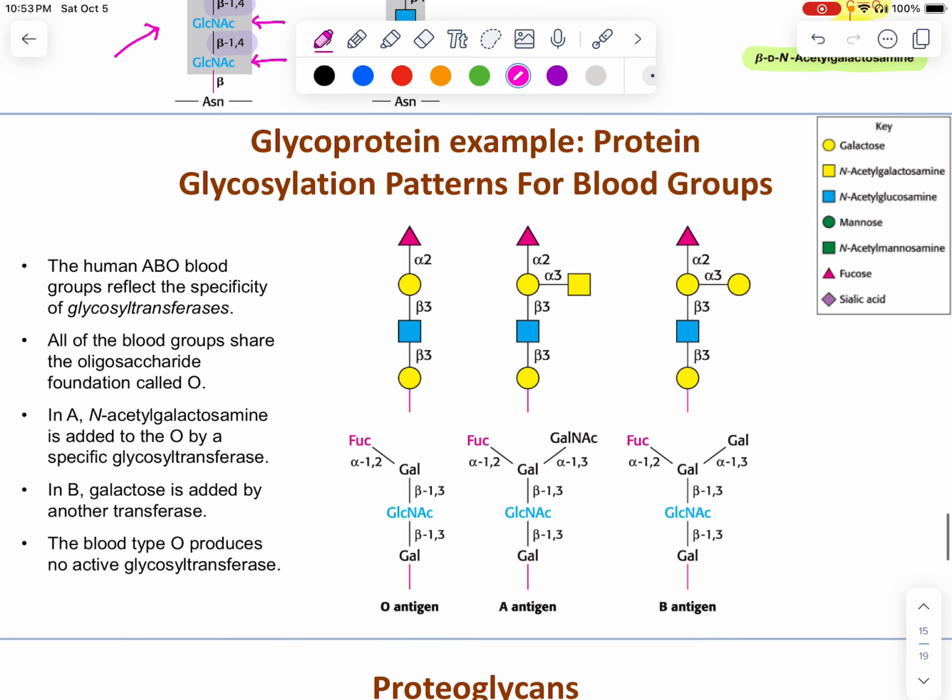Protein glycosylation patterns for blood groups. So if we think about this, the human ABO blood group reflects specificity for